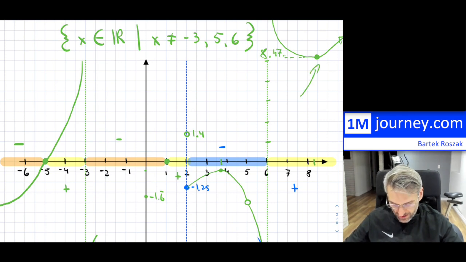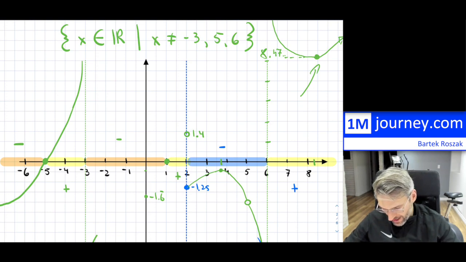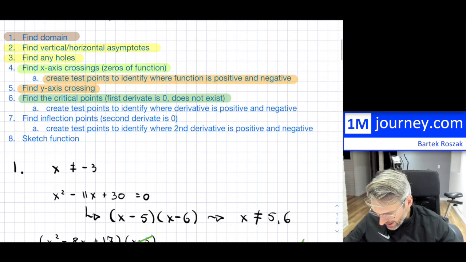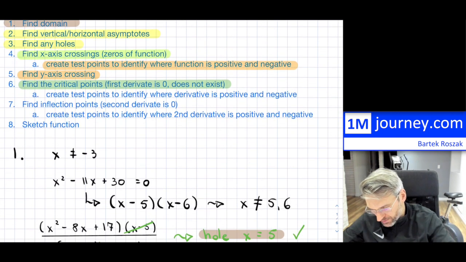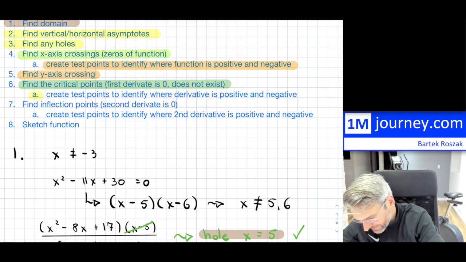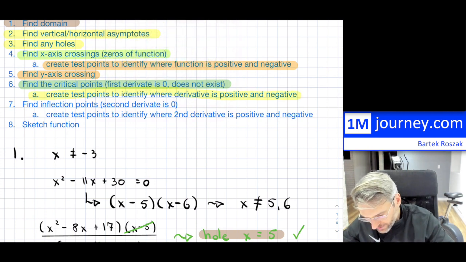So we can take the second derivative and then check it for ourselves. But we already have enough information to be able to plot this function. So that is amazing. Now the next thing is to create test points. If we do create test points in here, then we will definitely know if